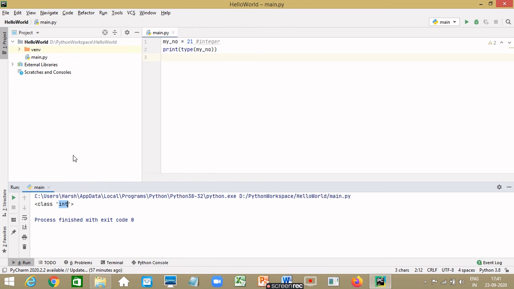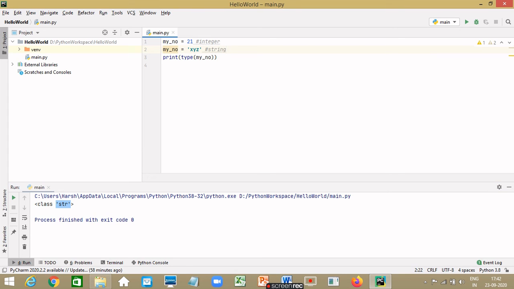Now let's change the value of this variable. my_number is equal to xyz in single quotes. And now check the type of my_number. This will show us str, which is the short form for string. Any textual data in Python is called a string.